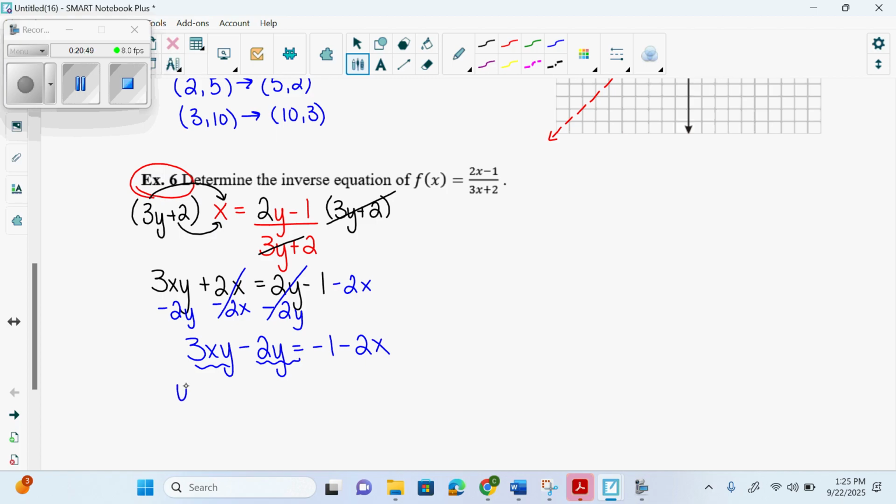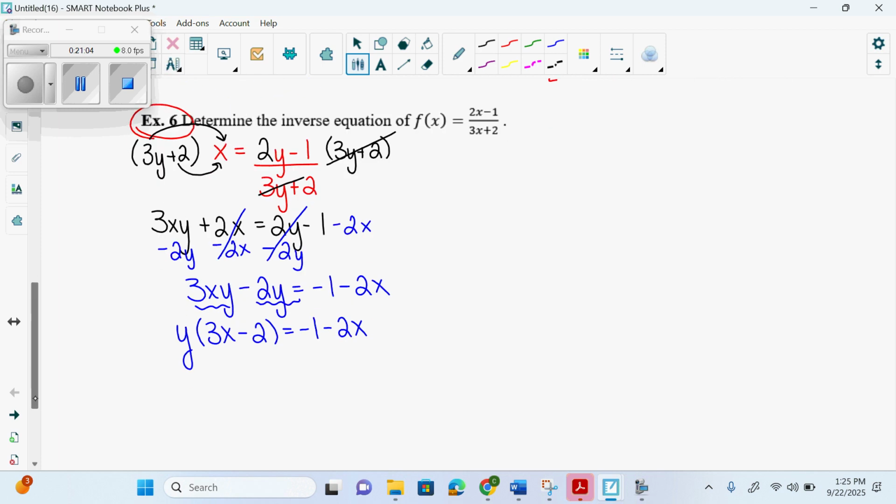If I take out a y, out of 3xy, I'm left with 3x. Minus, take a y out of 2y, I'm left with a 2. Equals negative 1 minus 2x. How do I get y by itself when it's being multiplied by that factor? So we have y equals,